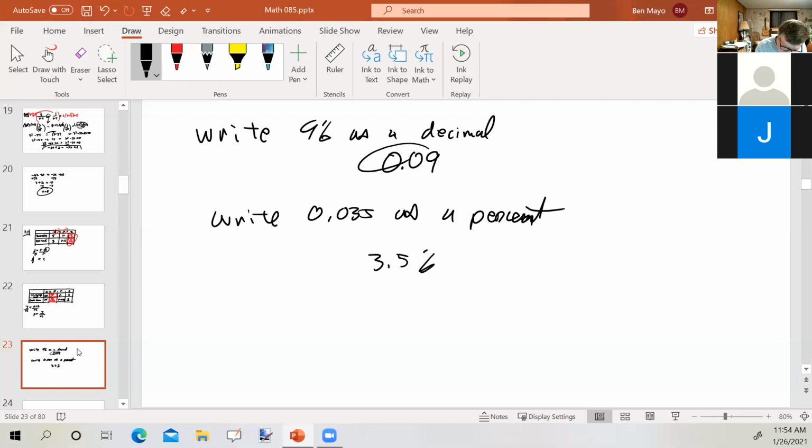So here we move the decimal point 2 places to the left and drop the percent sign. Here we moved it 2 places to the right and included the percent sign. Okay, just a quick review of that. All right, now,